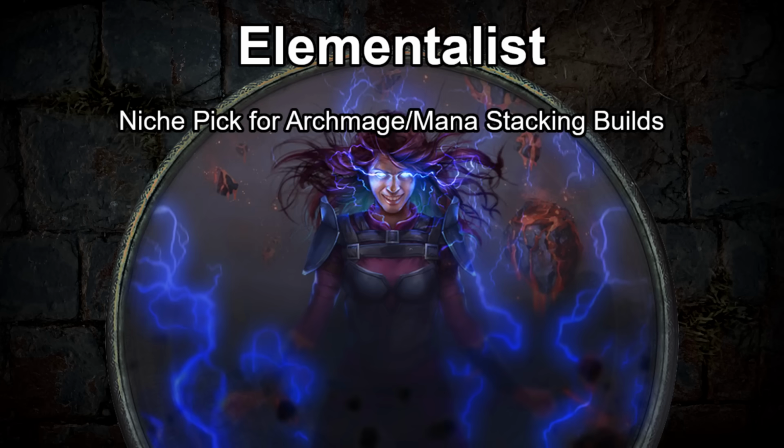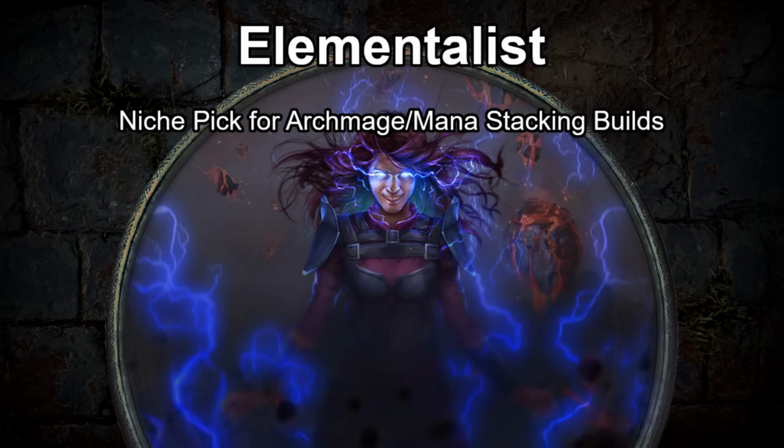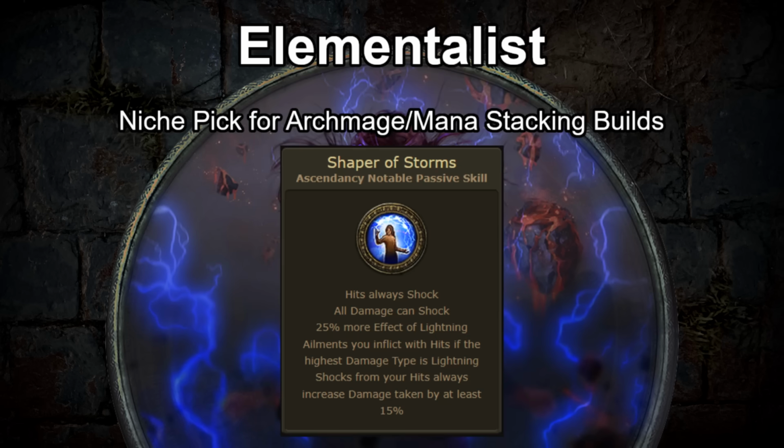Finally, we have the Elementalist. If you've been following my content, you'll know I've been toying around with the idea of a Lightning Conduit Elementalist League starter. Elementalist is a bit of a niche Ascendancy for mana stacking. As I've mentioned in a previous video, the main reason to take the Elementalist Ascendancy is if you are specifically running Lightning Conduit. Lightning Conduit requires Shock and Shock Effect to really shine,